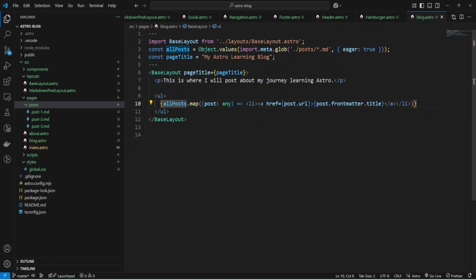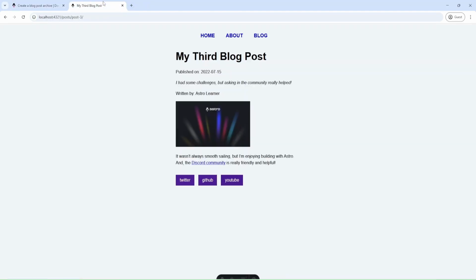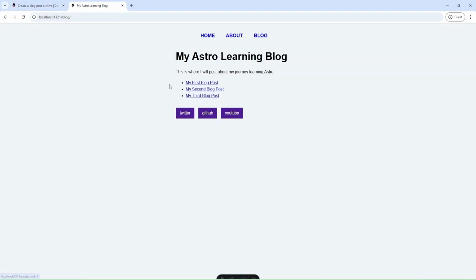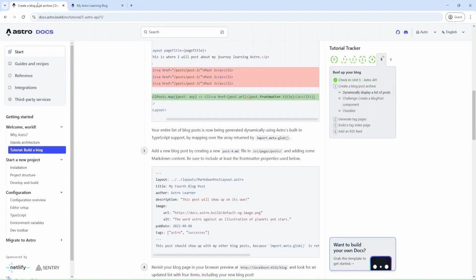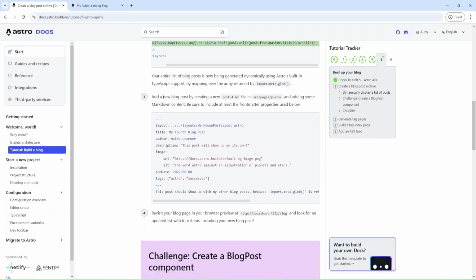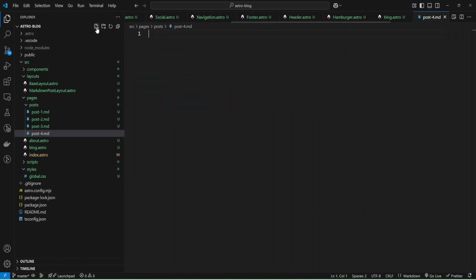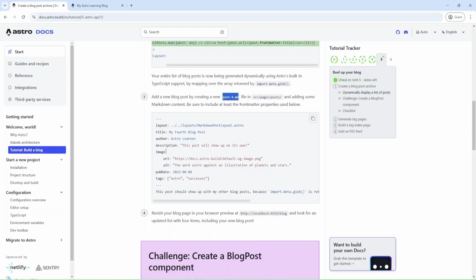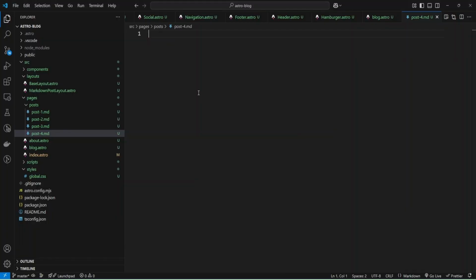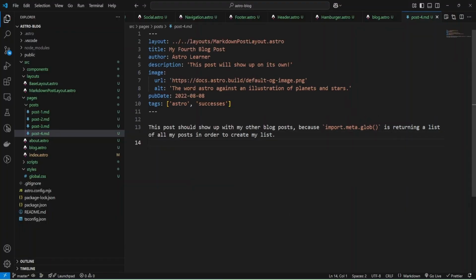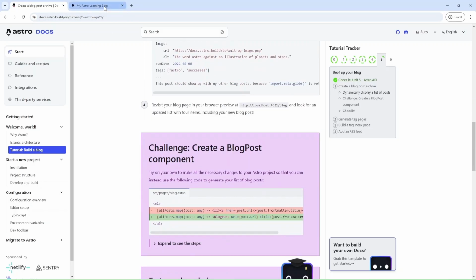And let's check what we have inside blog. And we have the same functionality as previously, but now we can add a post as a markdown file. I'll add it to our posts. Okay, and I'll provide some content. Okay, and let's check.